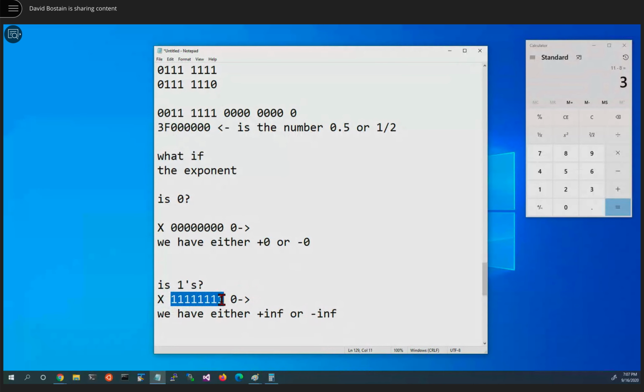But if you have all 1s in the exponent, and everything on this side over here is all zeros, then you have the numbers plus infinity or negative infinity. Now, if it's all 1s, and the mantissa is not all zeros,